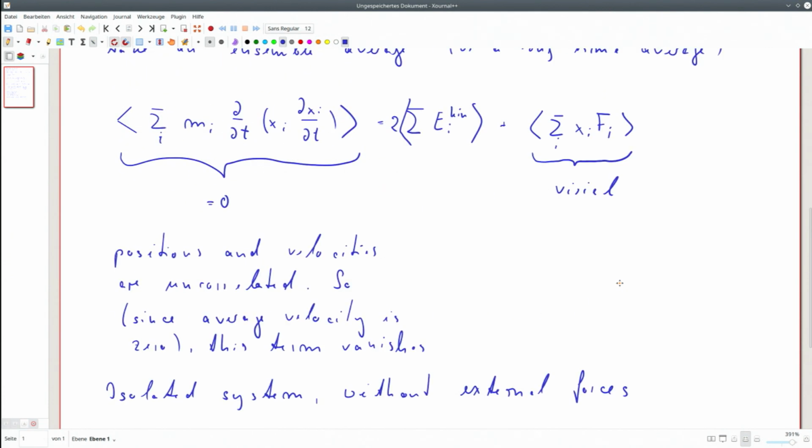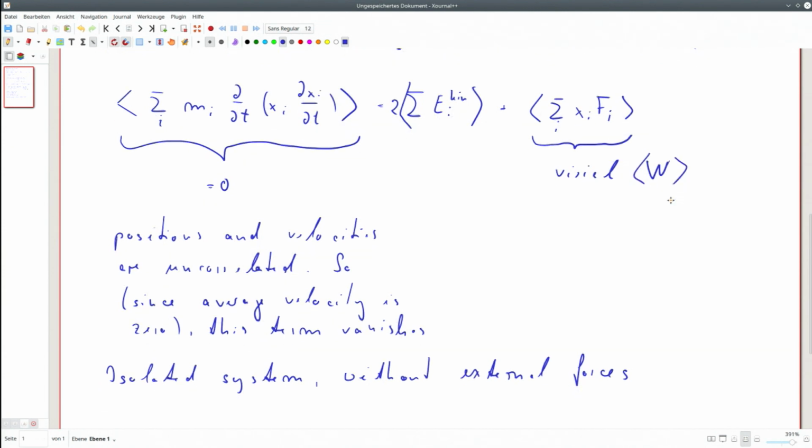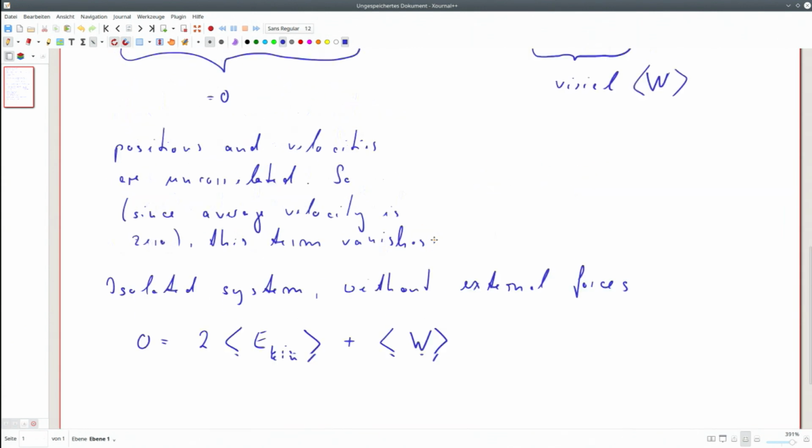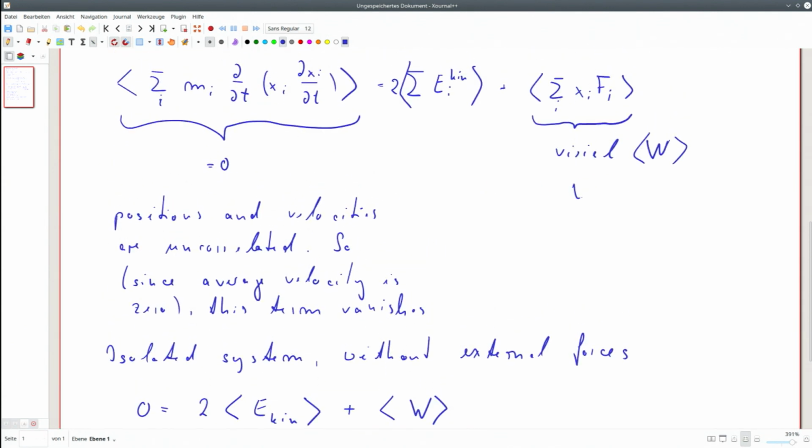So this gets abbreviation W. So we end with an equation: 0, that's the left side, equals 2 times the average kinetic energy plus this virial here. Perhaps I should write again, this virial is